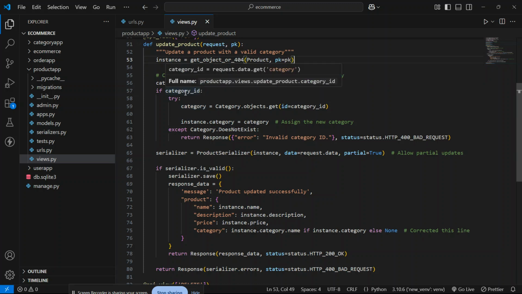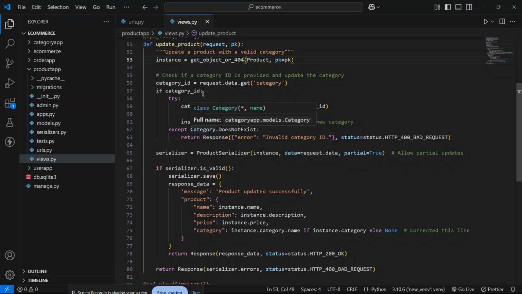If the category id is present, then category object dot get means that data related to that category id, all the data, the name, the description, the price, will be taken and saved inside this category.